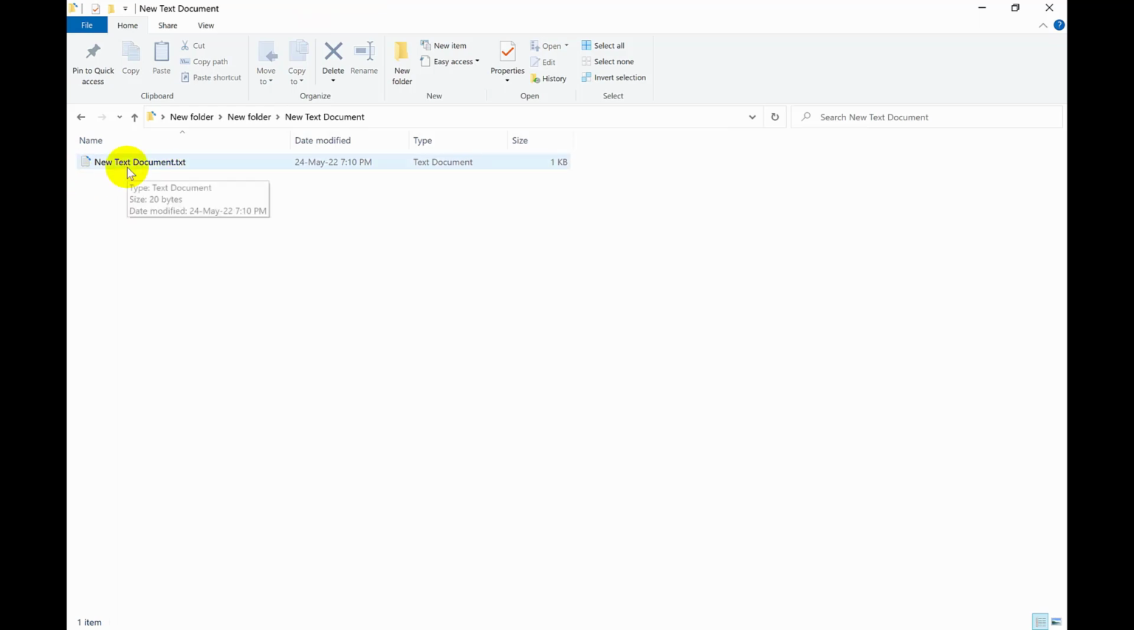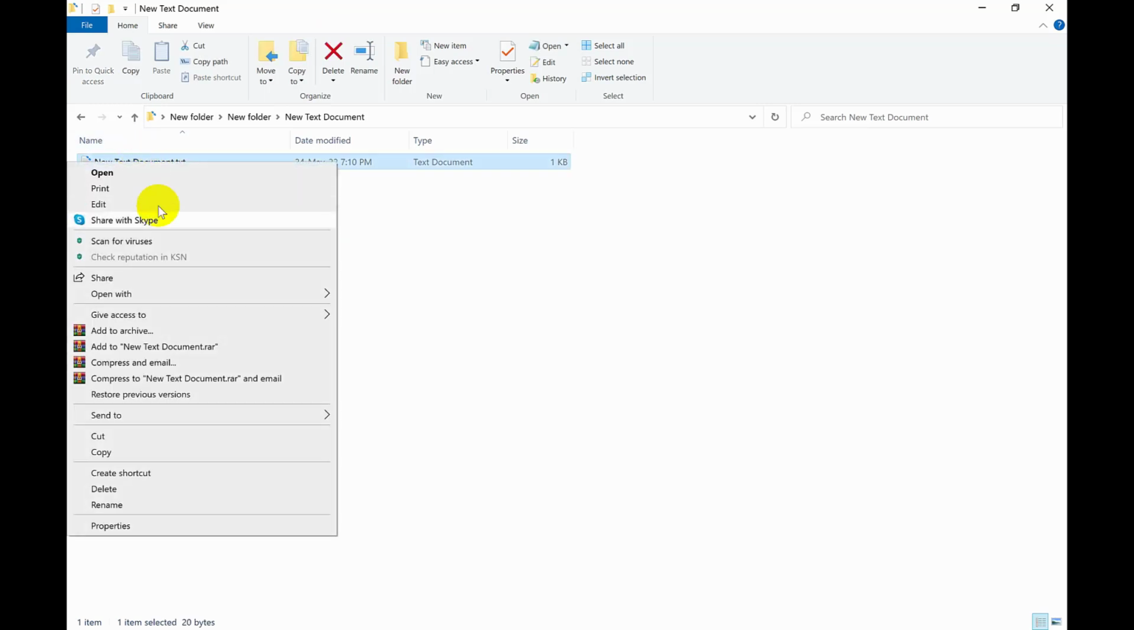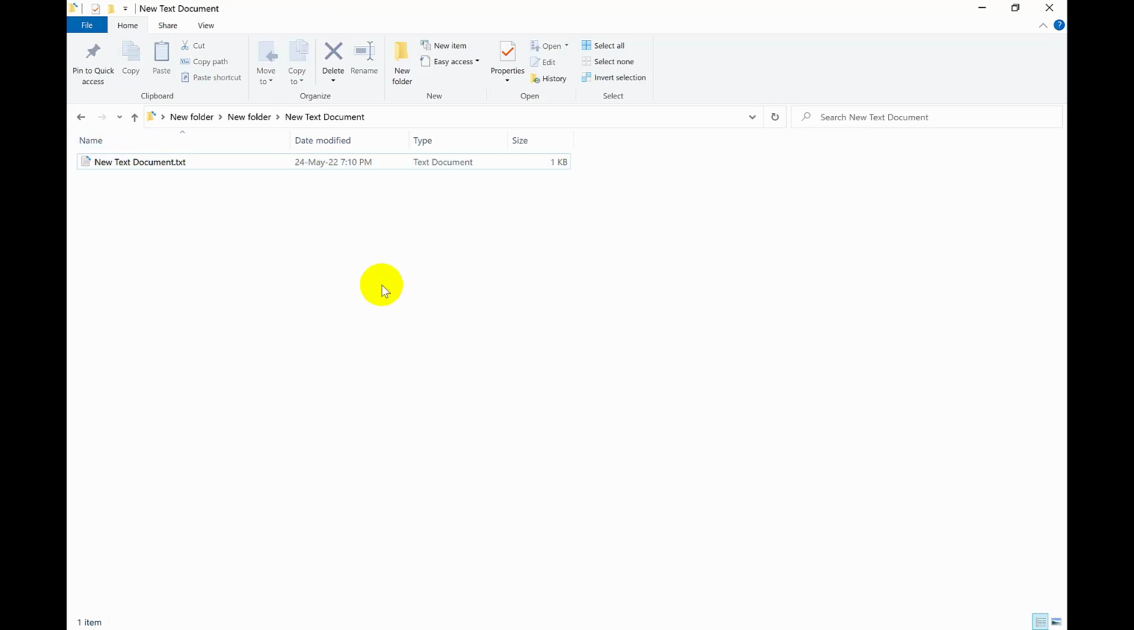This is the file. So it's too easy. All you need is a zip or RAR opener, like I'm using right now, WinRAR. I downloaded this from